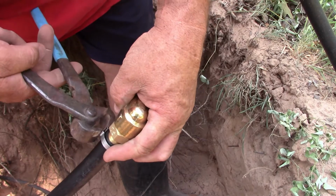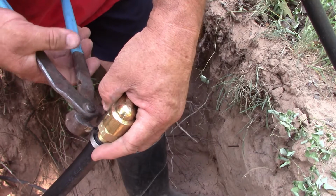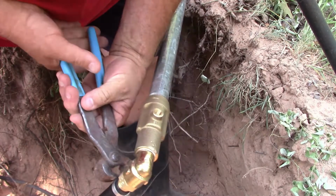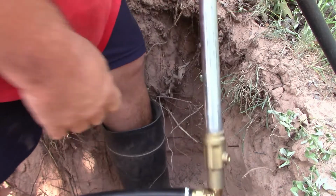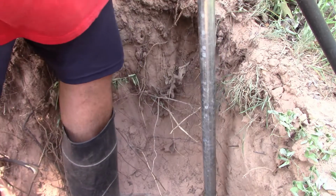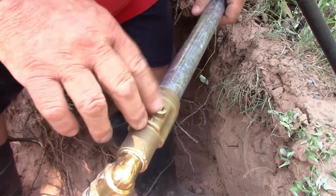Get this crimper thing here. All right. Now, there we go. It's done. Now, what we're going to do is, before I fill it in, there's a hole right here, the